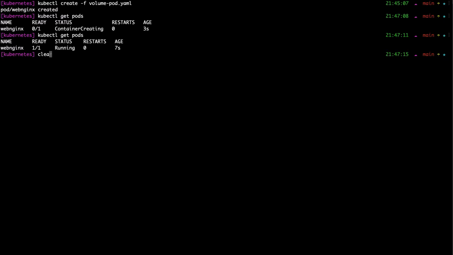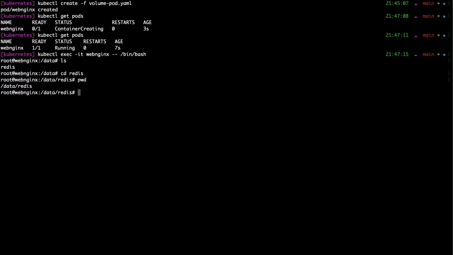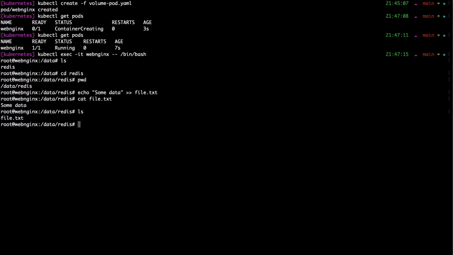So when the pod is running, you can exec into it, and here, go inside the Redis folder. This is where we are, and here we can create a file with some data. Just make sure. So we have the file, and what we want to do is